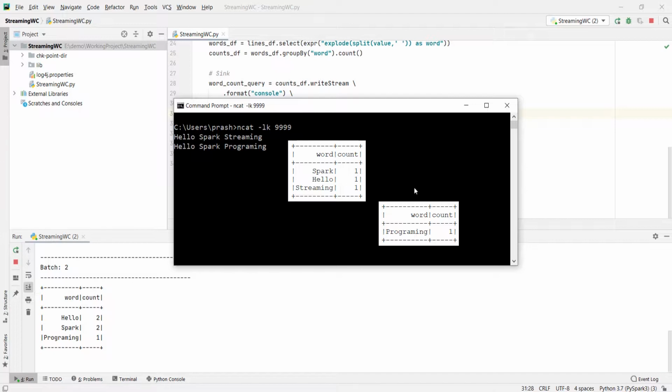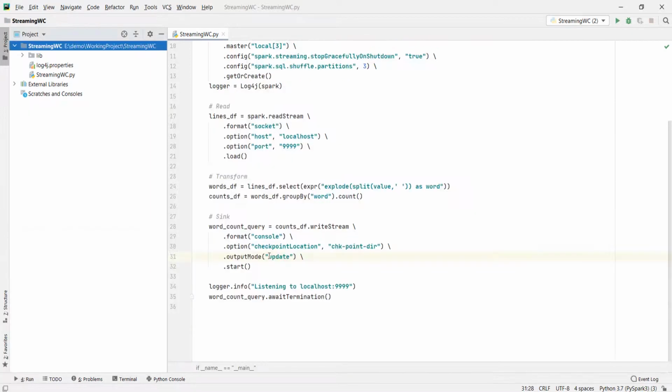However, this kind of output is not at all meaningful. It doesn't make any sense for this example. Hence, the append mode is not allowed here. Spark APIs are smart enough to detect such problems, and they throw you an exception. Let me try. I'm changing it to append mode.